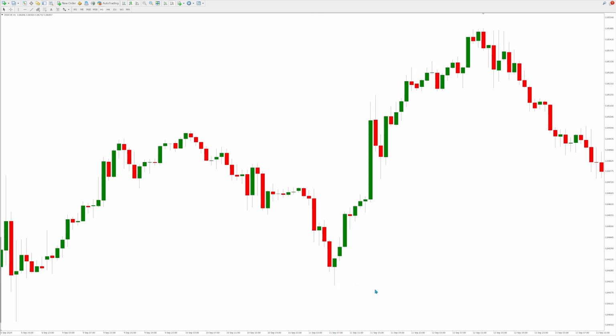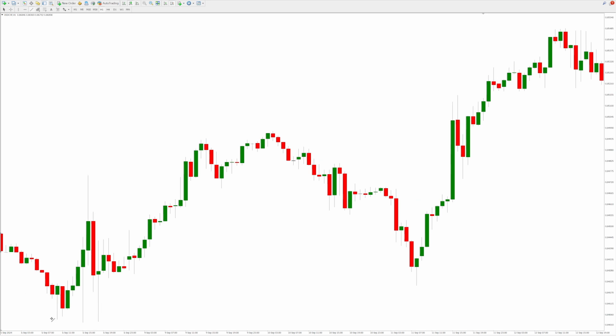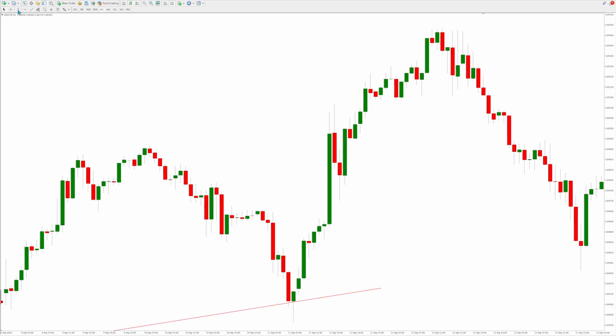So then how do we trade this pattern? Well, what we're going to do is look for a reversal trade. That's the textbook way to trade it. And we can see here we have the higher lows. We've had the kicking candlestick pattern appear here, so we could place a trade on the breakout